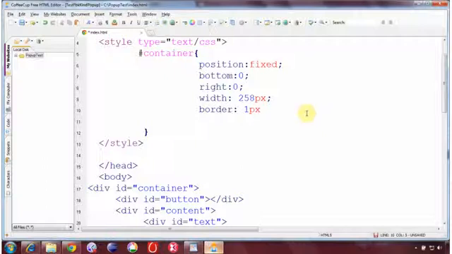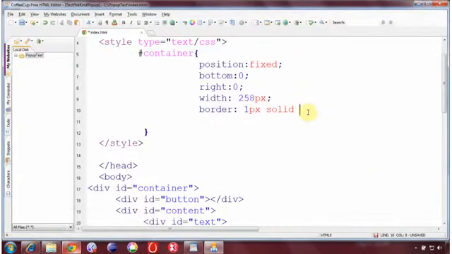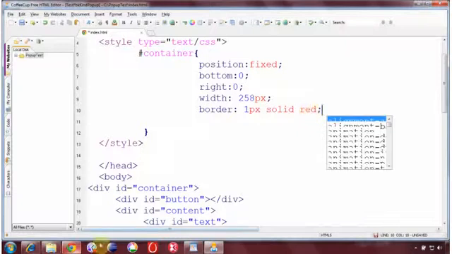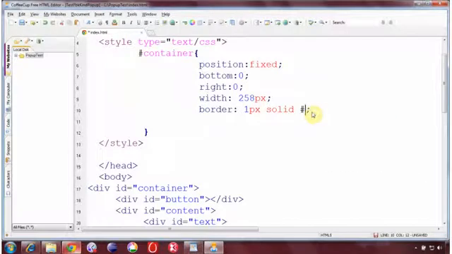Then another is what kind of border you want. I want a solid border. You can have a dashed border, a dotted border, or whatever kind you want. And a color for the border. You can see here I try to keep it as similar as possible to the Facebook chat window. So the color code for this I have extracted from the source of Facebook. You can use any color you want, red, green, blue, you can specify all like this. But I want to give it the same look and feel, and the same color I want to maintain over here as that of my ribbon or button over here. So the color code for the same is 3B5998.